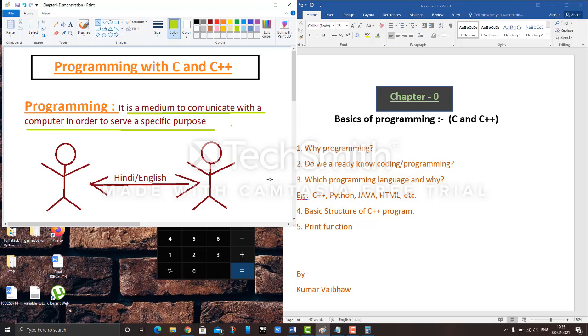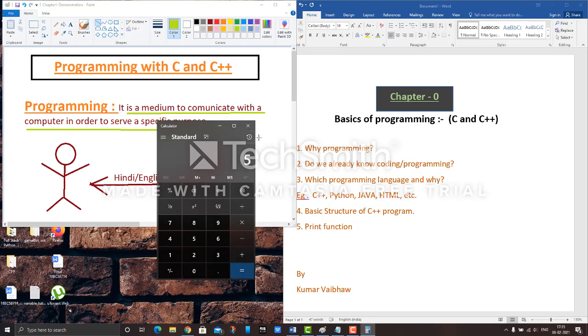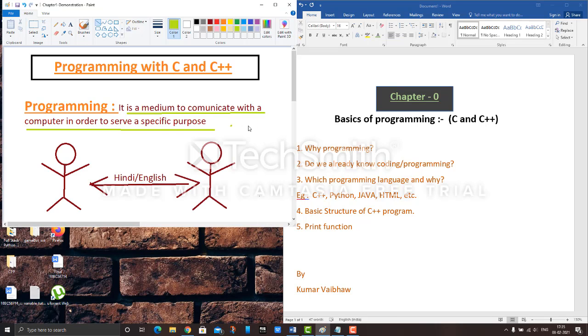What is that format? How will you give instructions to your computer? We have a unique way of writing in C and C++, which is called coding. I'll give you the basics of how to write something in programming.